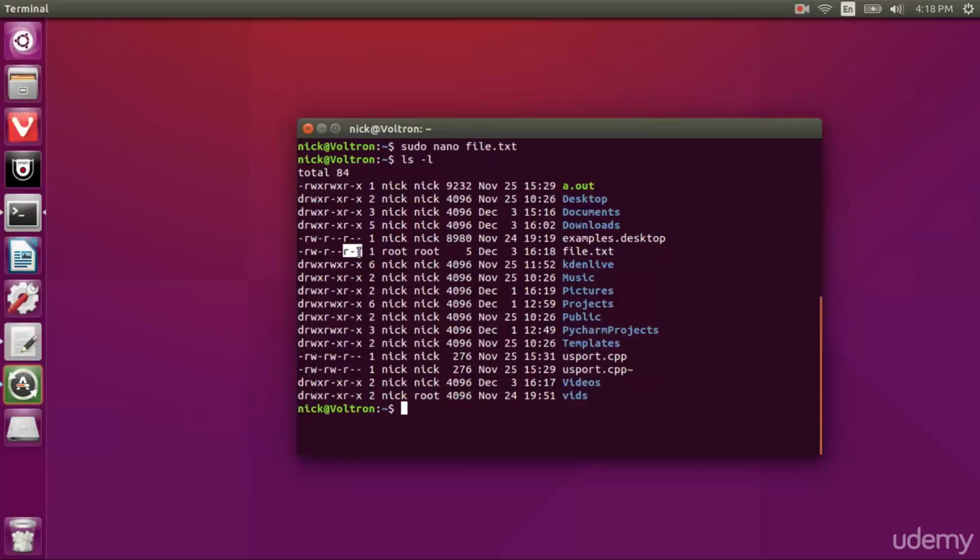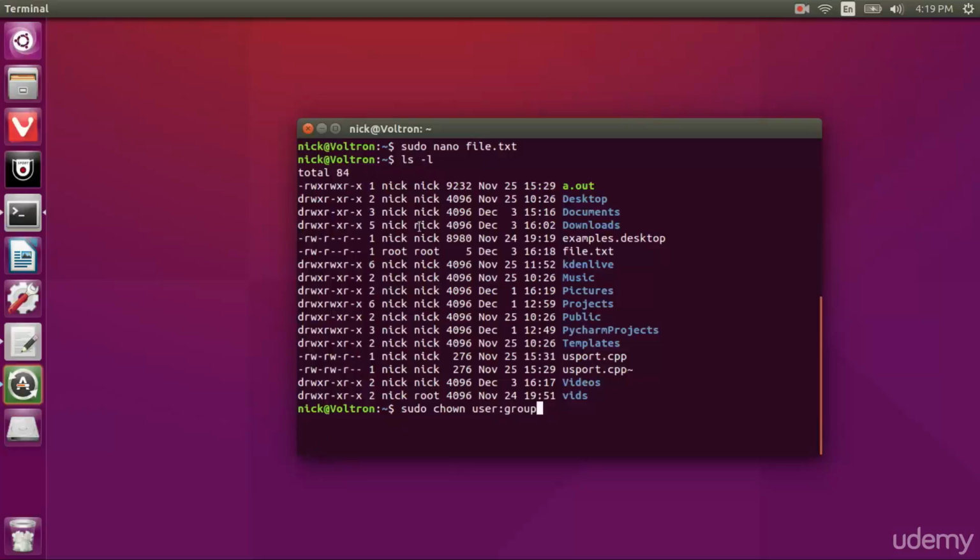So if I want to make myself able to read and write, I've got to change this third column to match that column. And I've actually got to first share it with the group Nick. So what I'm going to do is I'm going to use a second command here called sudo chown. And this means change ownership of a file. And then how we write this is we type the user :